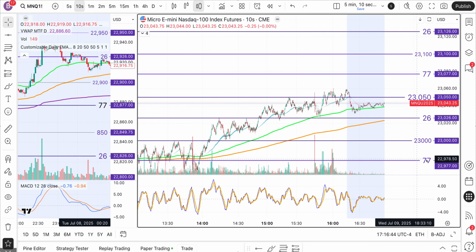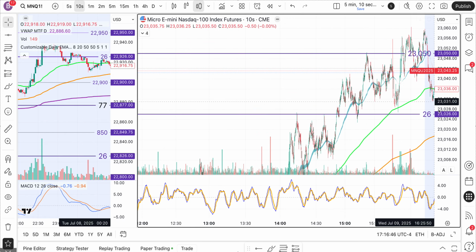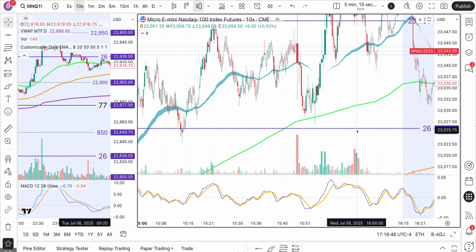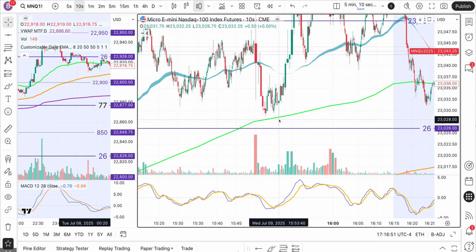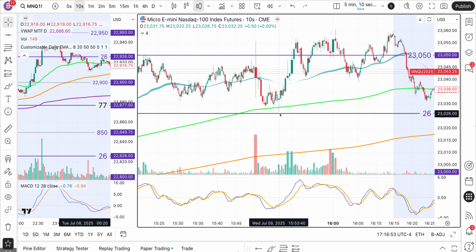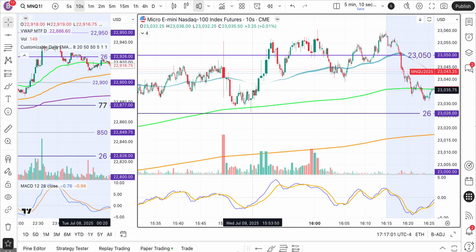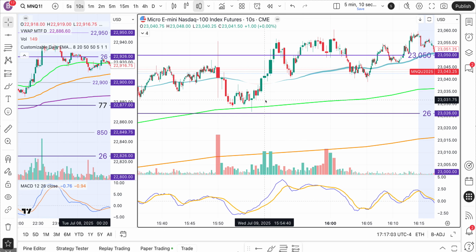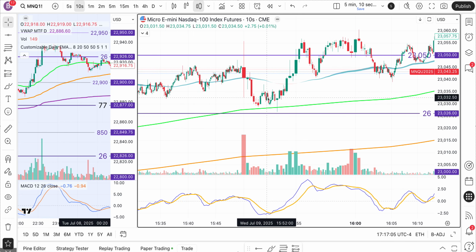The next one that I saw here was right here, where you had price spike down about 7 minutes before the close into the 20, this 26, 23,026, and the 5-minute 20 period moving average. So they all joined together right there, and then it kind of bounced up. We did a little pullback here. It was quick. You have to be quick to catch it, and then